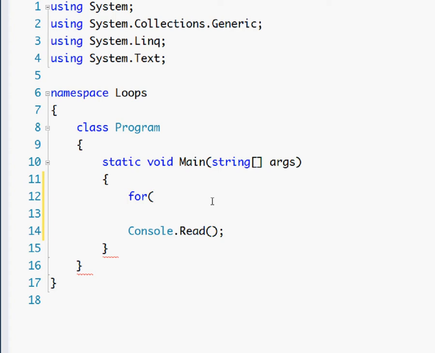Now you need some sort of counter. This initializes a counter. So we're going to use an int, just call that int I for integer, and we're gonna set that to 0. Now we need a condition. This condition is gonna run every time the loop executes. So let's say if I is less than 20,